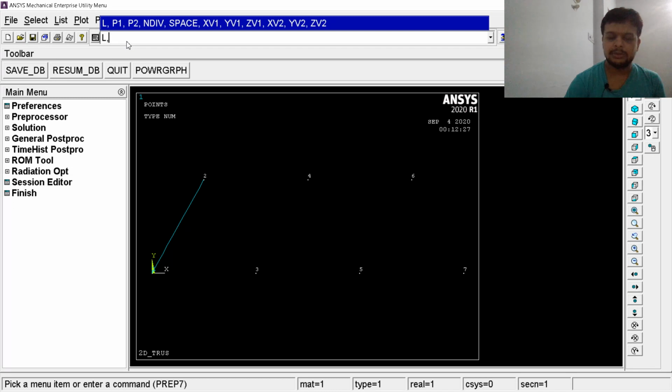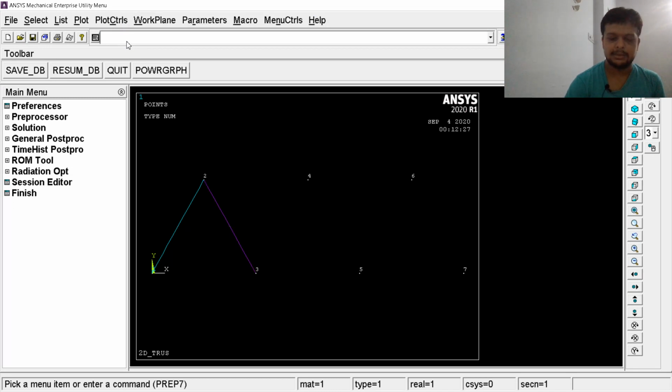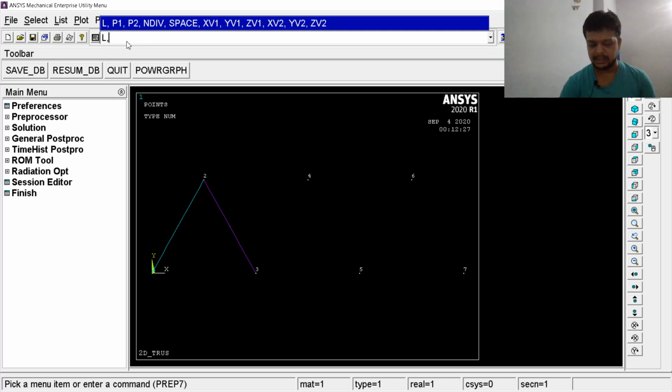Similarly, the line between point 2 and 3 will be created. Similarly, we will create the remaining lines. Just see carefully whatever I type and you have to follow the same.